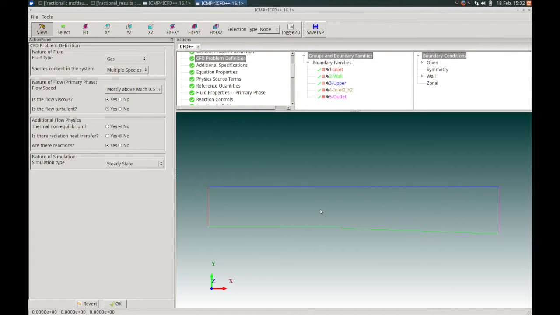Next, I'll briefly cover the mouse controls. The mouse is used to control the view of the geometry in the mesh within the canvas. Holding down the left mouse button and moving the mouse up and down, or left and right, will rotate the geometry about its horizontal or vertical axes. Holding down the middle mouse button and moving the mouse up and down, left and right, allows you to translate the geometry up, down, left, or right. Holding down the right mouse button and moving the mouse left or right will rotate the geometry about the axis normal to the screen. And holding down the right mouse button and moving the mouse up or down will zoom the view in or out.